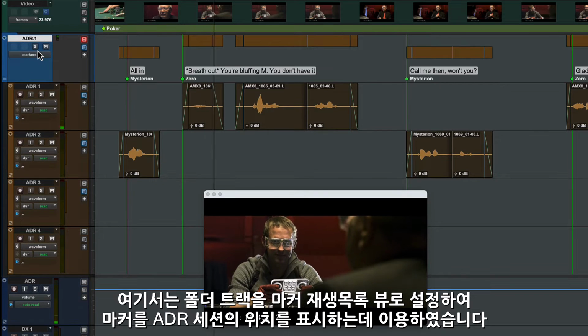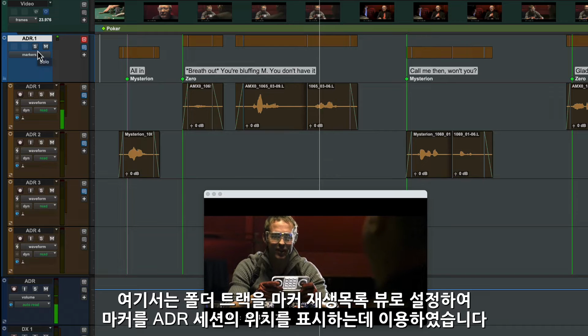And here, track markers have been used to mark out an ADR session, using a folder track set to the